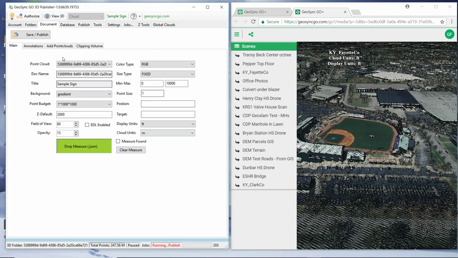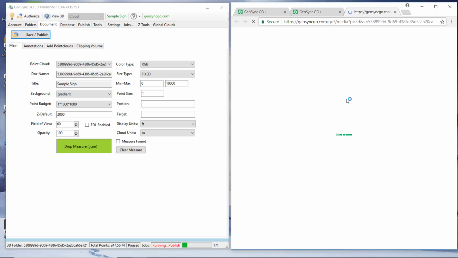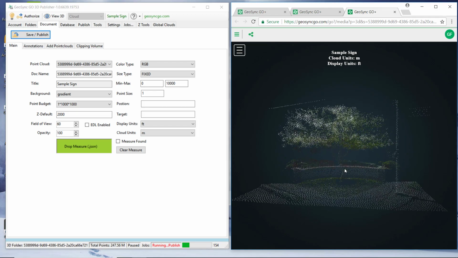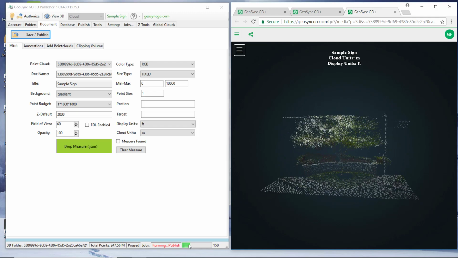There are some things I already know about this particular scene that I scanned. One is the cloud units. It's actually in meters, but I want to display this in feet. I've got a couple of other things that I can set, and then save and publish. And then we can click View 3D, and this will open up our view so we can take a look at our sign. You'll see here that as this opens up, this is still running and publishing, so